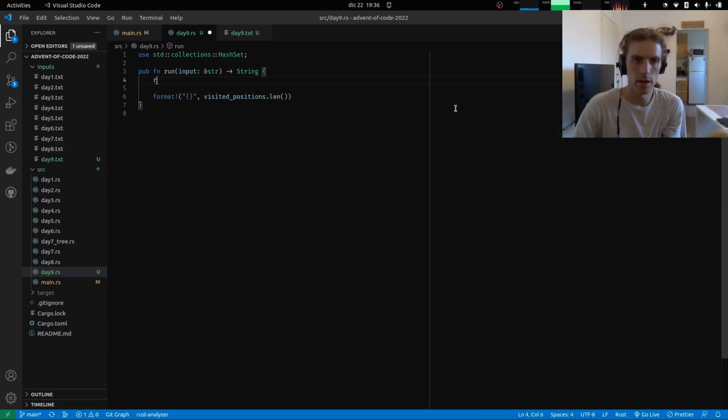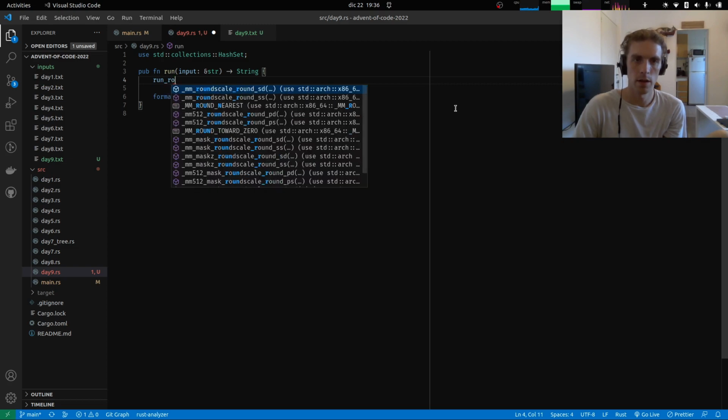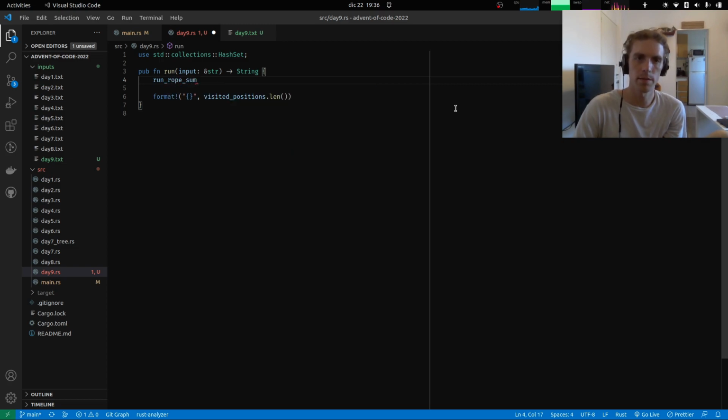Let's call this thing run rope simulation. And we're going to pass a length of the rope that we are going to simulate and the input. Okay. And this will return like a number